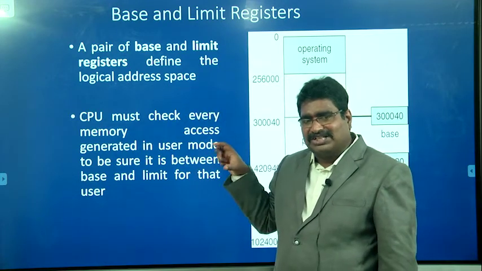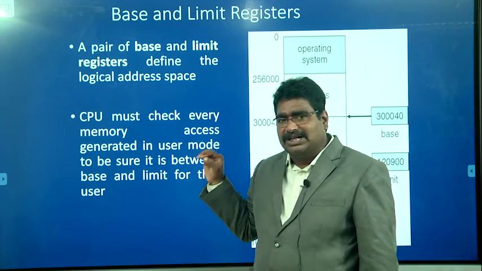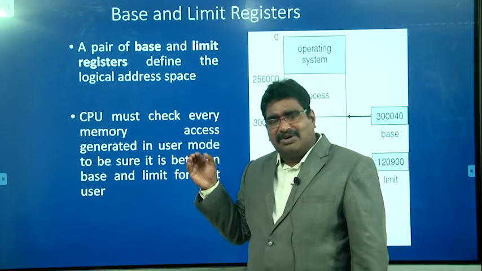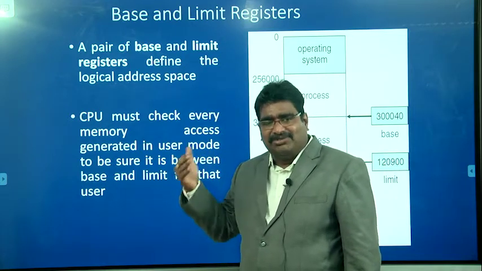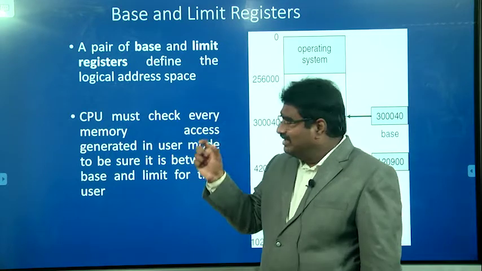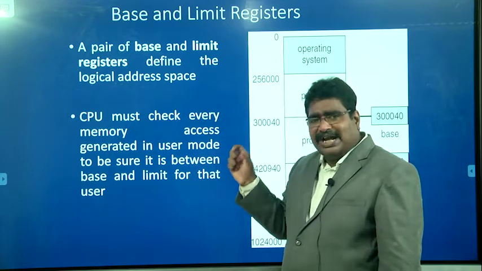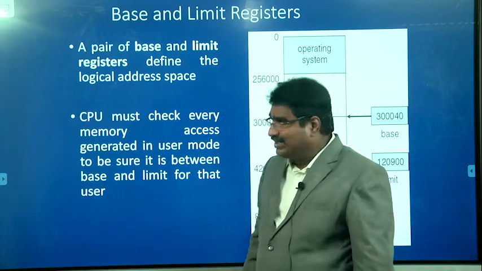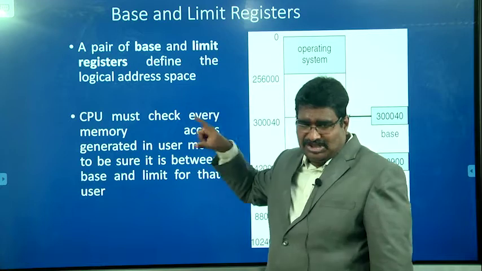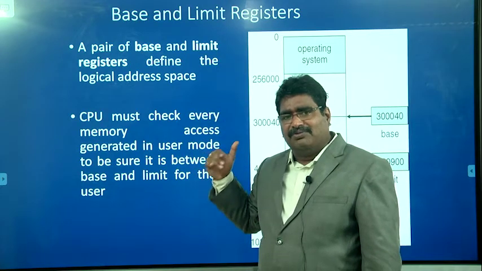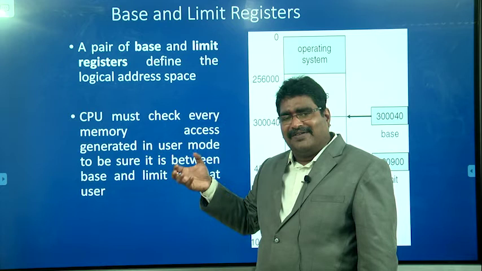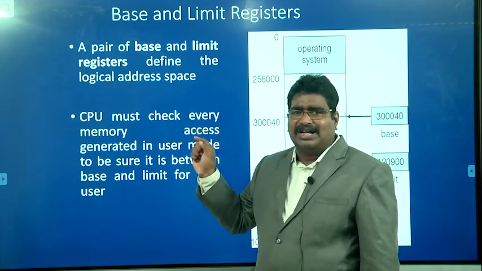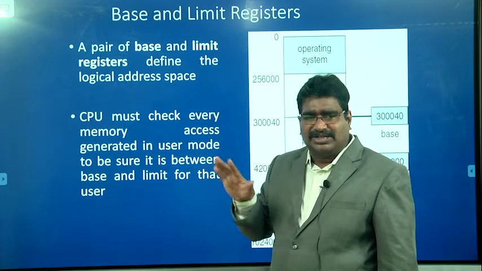And the base register's requirement is that it simply holds the starting address of the particular process. Once we have the logical address and the base register value, the base value is added to the logical address, and then we get the physical address. For that reason, the base register is used for every program whenever we load it into the primary memory, and whenever it needs to access instructions, the logical address is added to the base register to get the physical address.